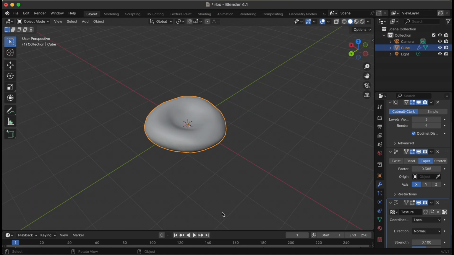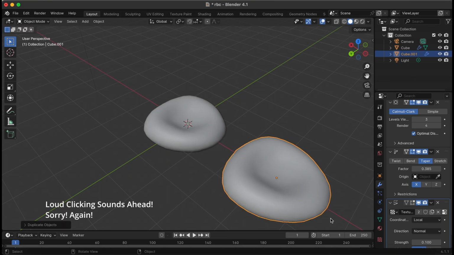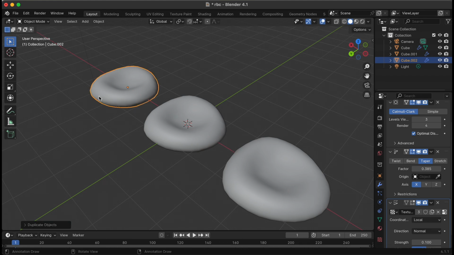So to add more realism to our render, we can duplicate the first red blood cell maybe about 2 times to create slightly different variations of the first one, because they're not all the same shape, the same size. And so we just want to add variations of our red blood cell. So we can Shift D, duplicate, and move that along the x-axis. And then we can also duplicate another one, move that along the x-axis. There we go. We can actually rename these just so it's easy to identify them.